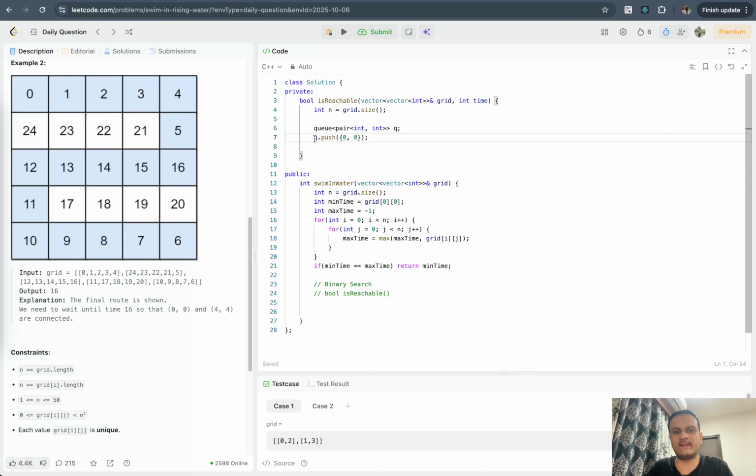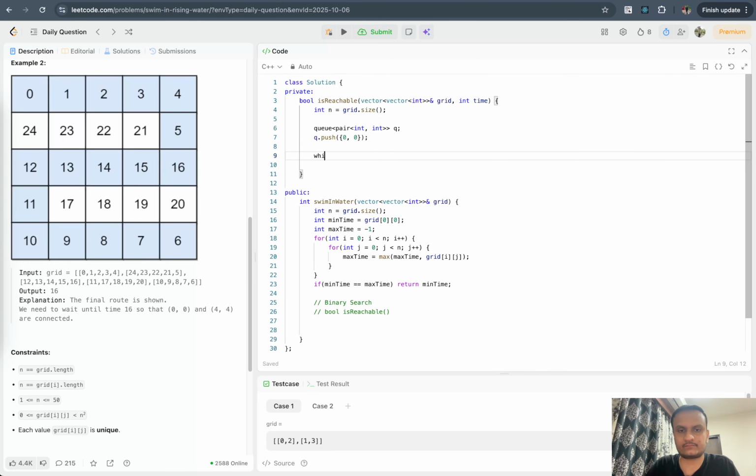Obviously we can reach grid 0 0 at the minimum time, and we have started, all the times are greater than or equal to the minimum time, so we can always reach 0 0. Okay, we can assume that easily. Okay, so we will do a while, if queue is not empty,